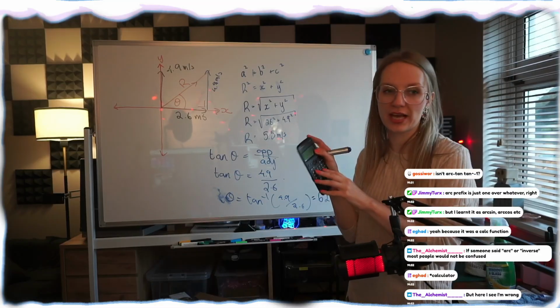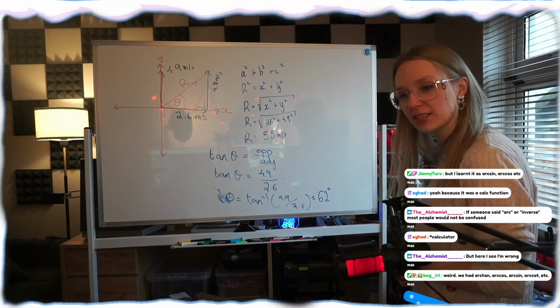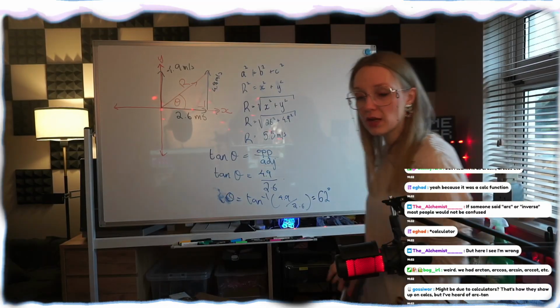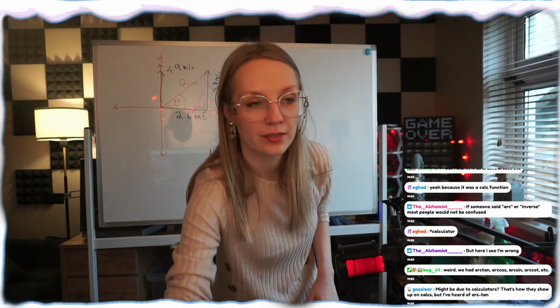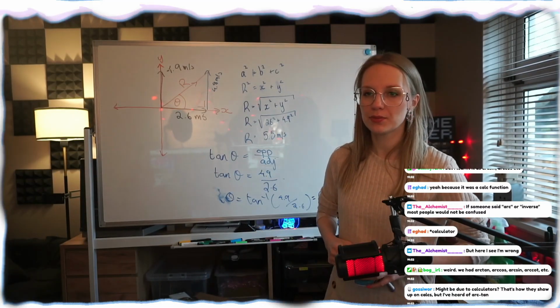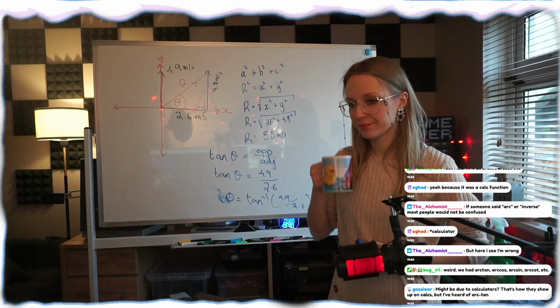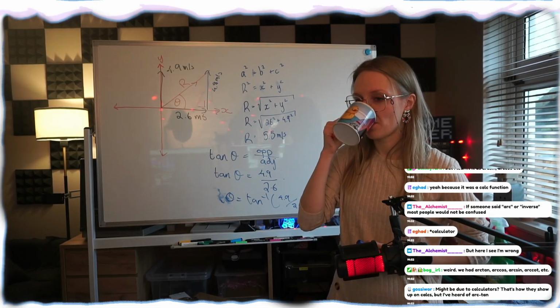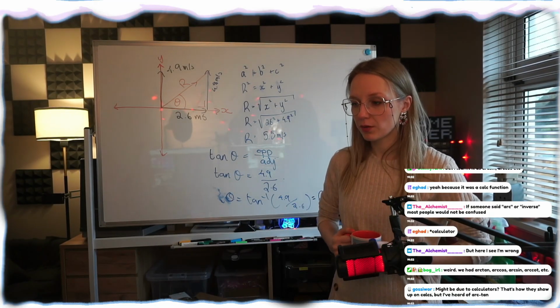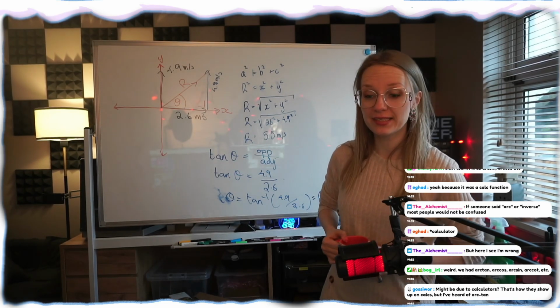My calculator just has tan to the -1, tan to the -2. Yeah, I had arc as well. Yeah, a lot of my students have never heard of that before. I was wondering if it's an old thing. Maybe people don't say arc anymore. Chat, we're getting old. Maybe we're getting old. Anyways,